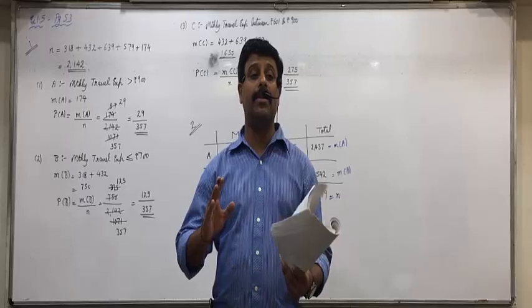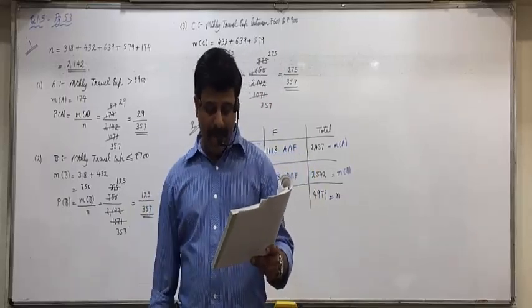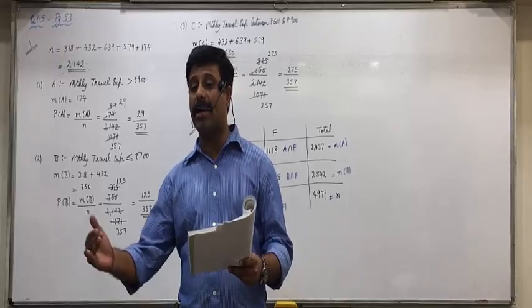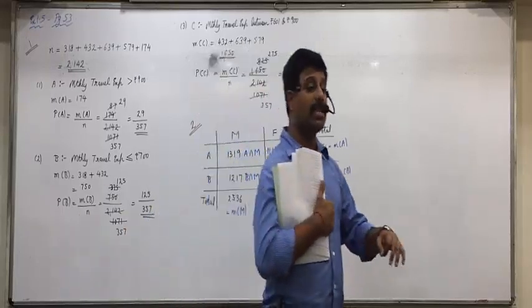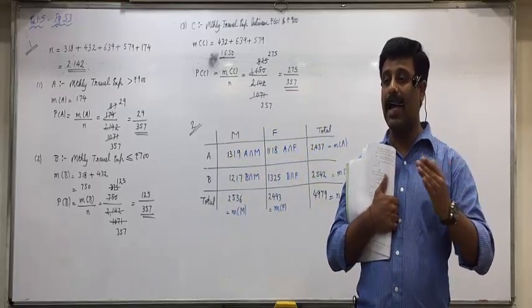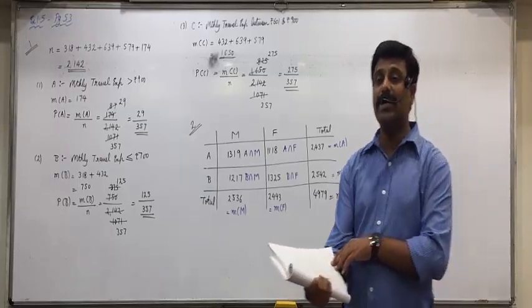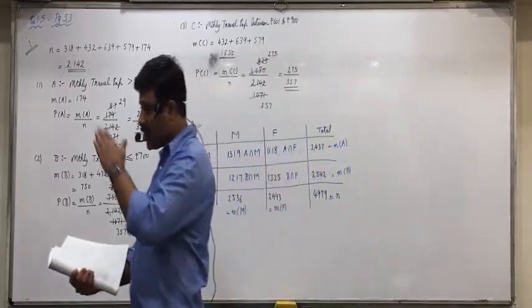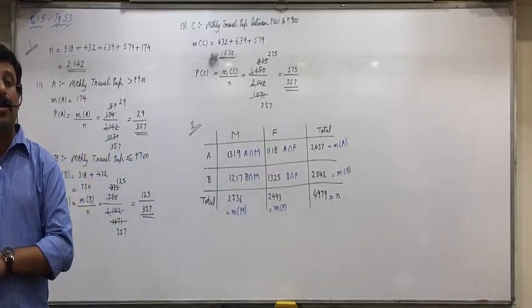Condition will always come in denominator, slash M. Find the probability that he is a supporter of party A, mark it as A. The probability which we have to find will always come in numerator. Means what do we have to find here? P of A slash M. The probability which we have to find is A, and the condition, slash, is that he is a male. That will come in the denominator.